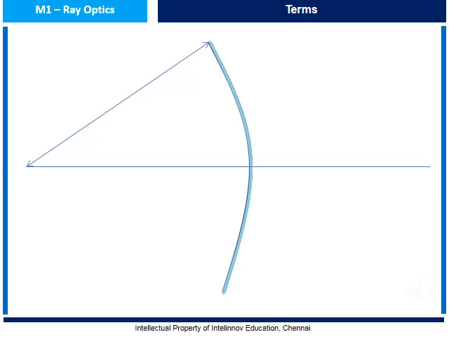Let us understand some of the important terms. Pole is the center of the mirror, and focus is nothing but the distance from the center of the mirror, which is equal to R by 2. What is R? R stands for radius of curvature. Radius of curvature is a distance from the point on the principal axis such that an imaginary circle can be drawn through this mirror. The point from which radius of curvature is measured up to the mirror is known as center of curvature.